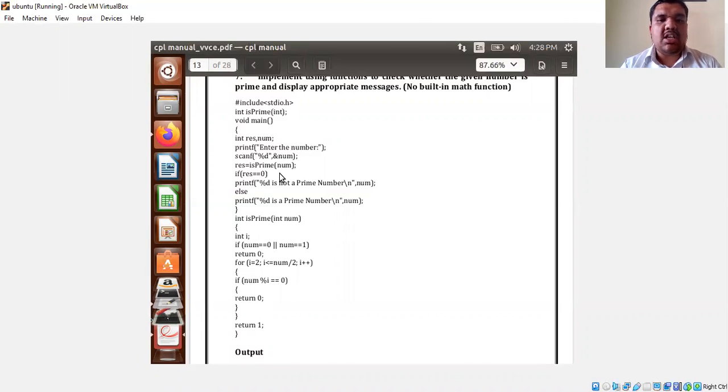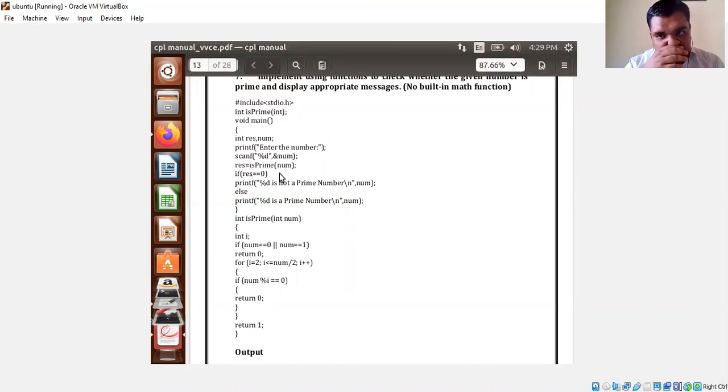Now the user is going to enter the number: %d, comma, ampersand num. It is going to be stored in num. Next, result is equal to is prime of num. So result is nothing but the value obtained after the successful execution of the is prime function.